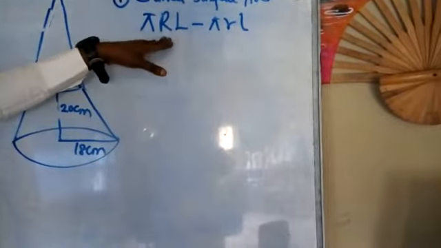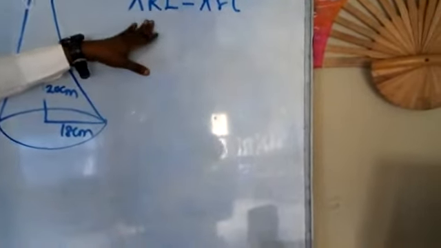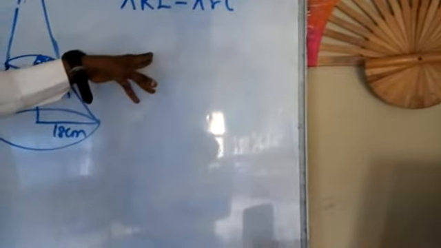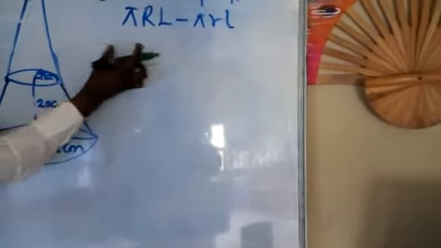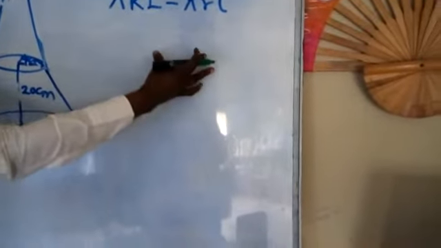Also, if we want to solve the volume, then it has something to do with height. We don't even know our height yet. So what you need to do first is to look for the slant height. You look for the height so that you just plug in the values once you have resolved those parameters.